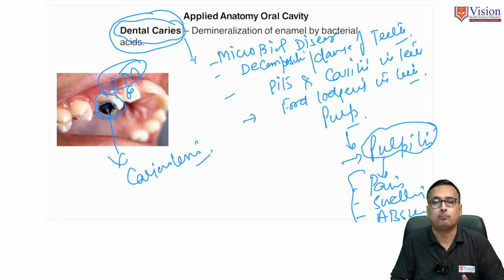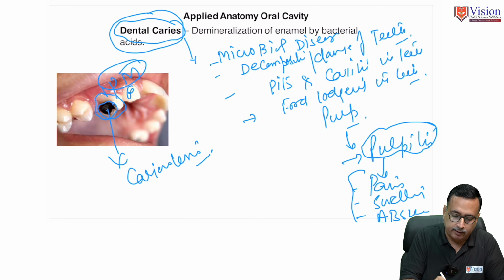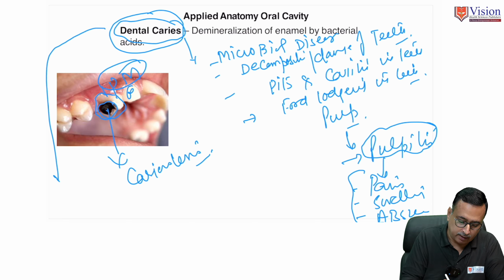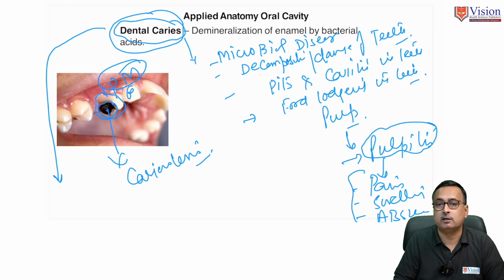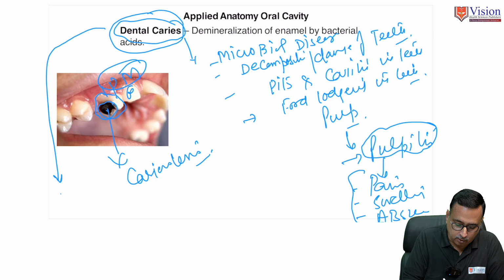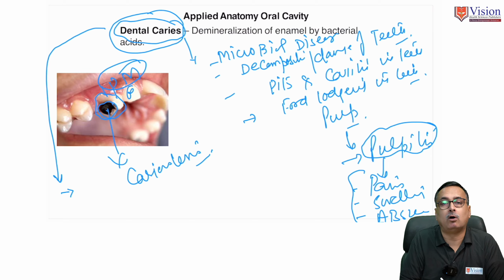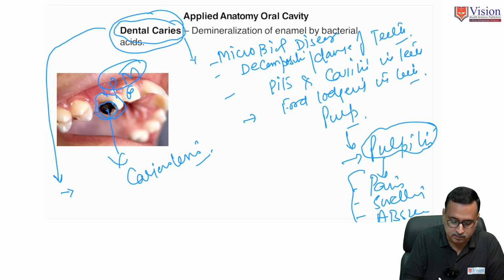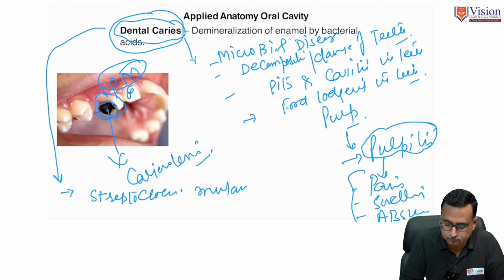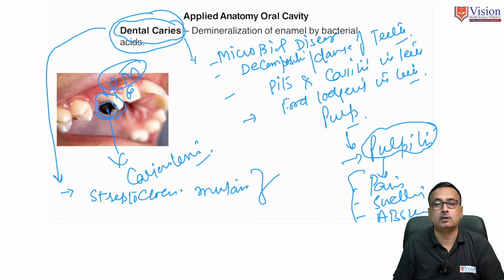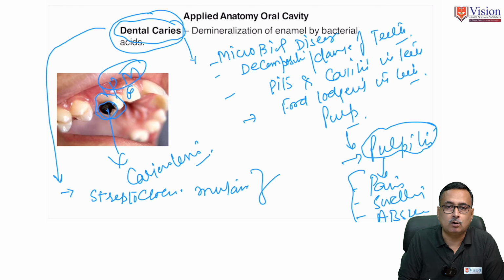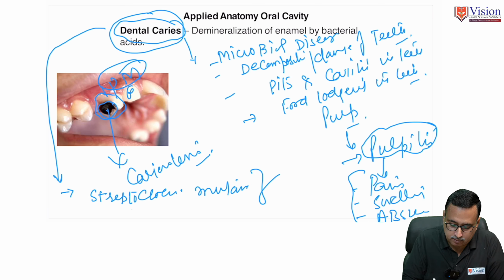A few additional points I will contribute. Dental caries, as I said, is a microbial disorder. So what is the causative organism? The first causative organism predominantly involved in the pathogenesis of dental caries is Streptococcus mutans. This is the main causative organism. This bacteria in the oral cavity